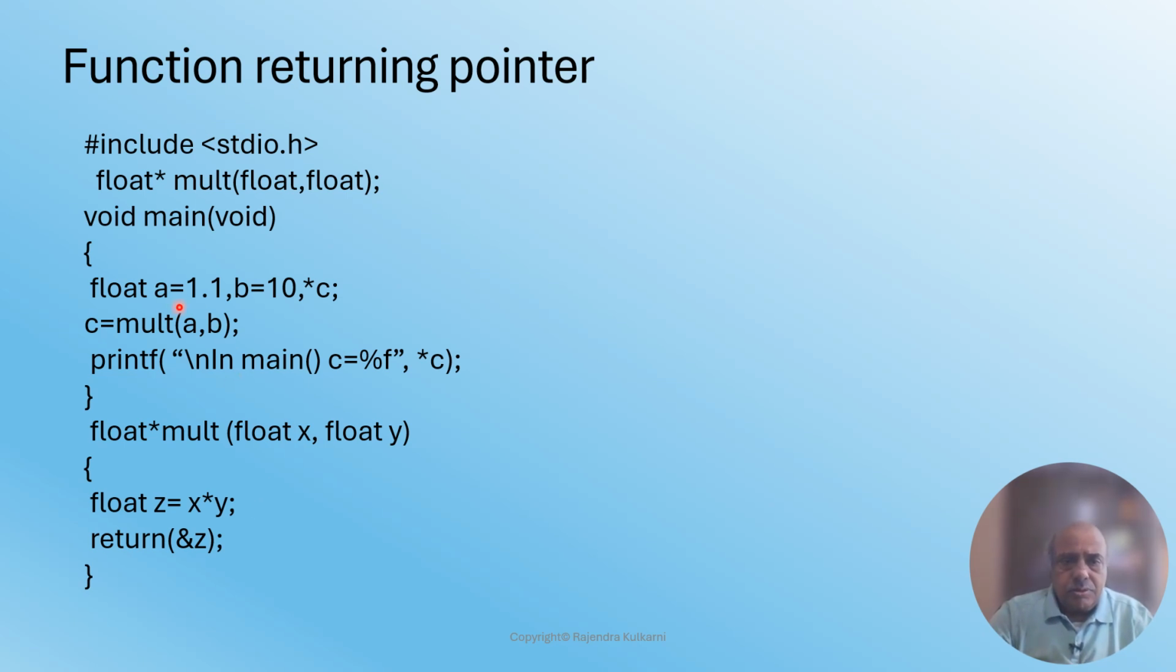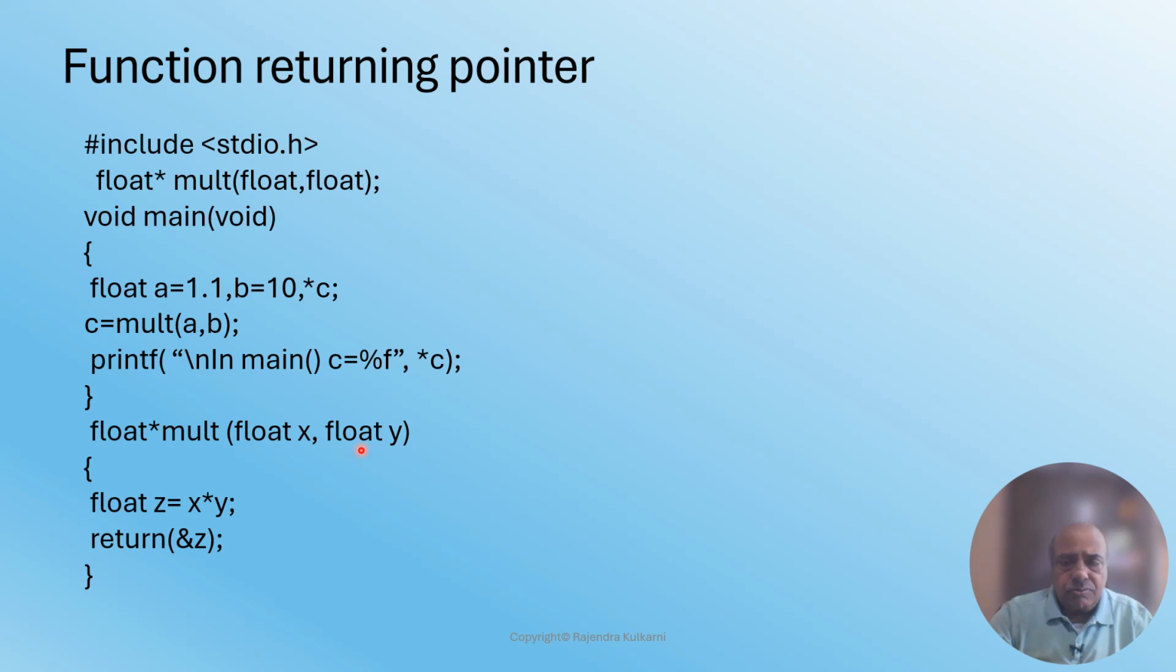So two float variables are declared, a and b, and star c is a pointer to a float variable. Then there is a function call c is equal to mult into the bracket a comma b. So a and b's values are being passed to the function, and the function definition is here float star mult